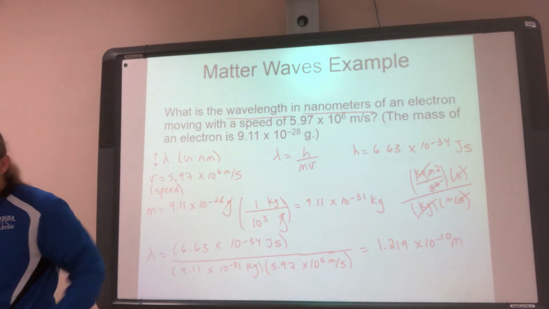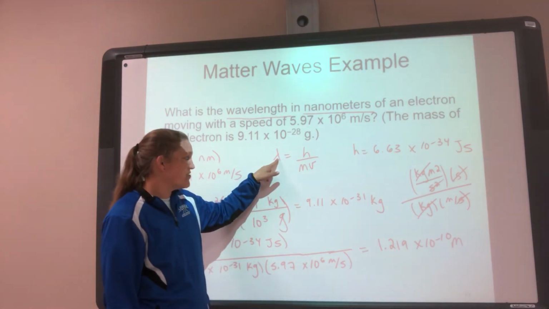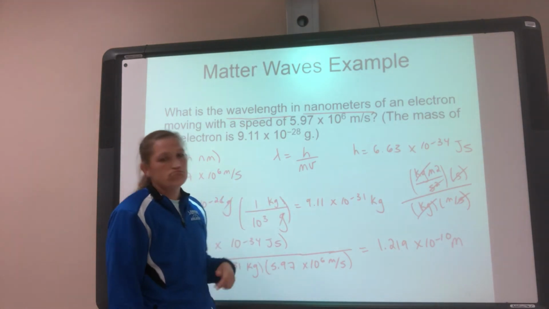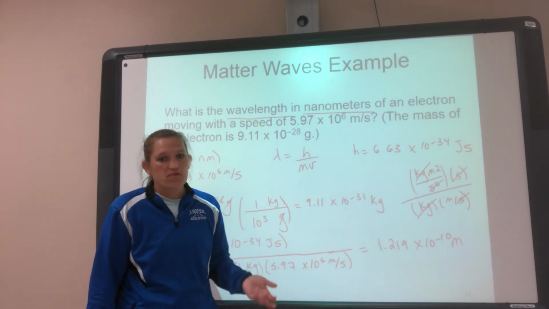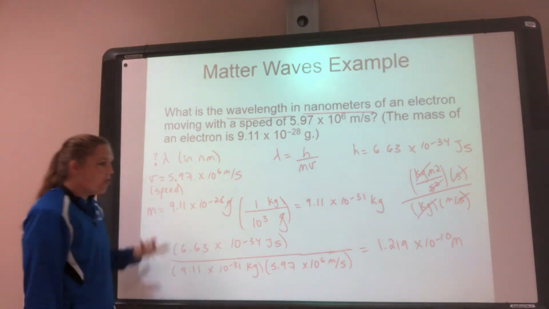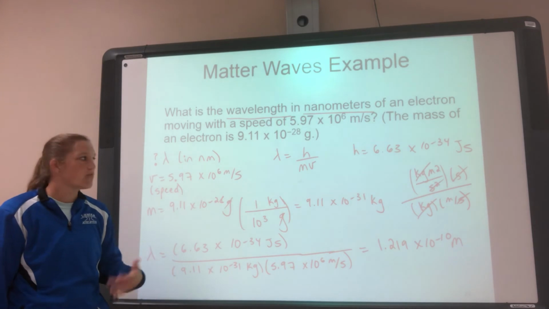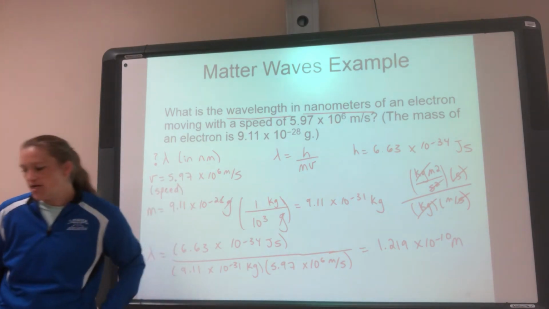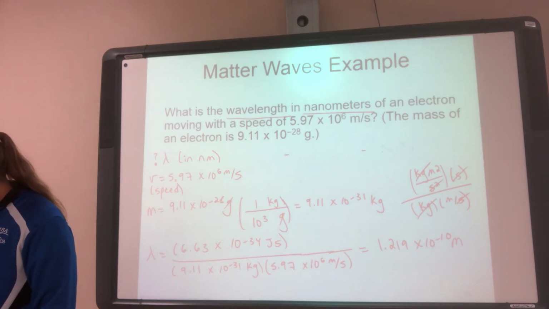If you're completely lost by all of that, all you need to remember is that this wavelength is in meters. That's one easy way to remember. Same as the Rydberg, the Rydberg was in meters, this is in meters. So I got my wavelength in meters, but I wanted it in nanometers. This is going to be really common, pretty much always want it in nanometers. So let's do that conversion.